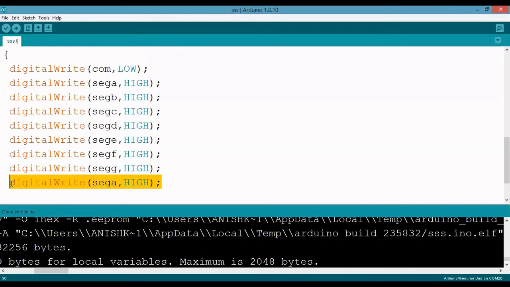I'm going to display 0. So I am making segment G low and the remaining terminals high. Since it is a common cathode connection, at the common terminal you are giving a low signal. If it is a common anode connection, you give a high signal.